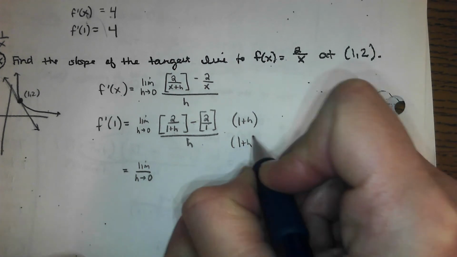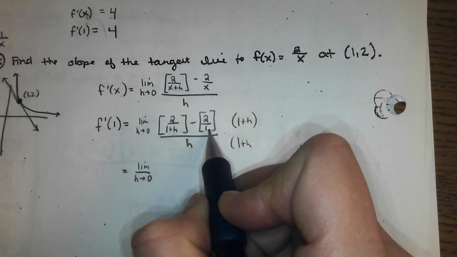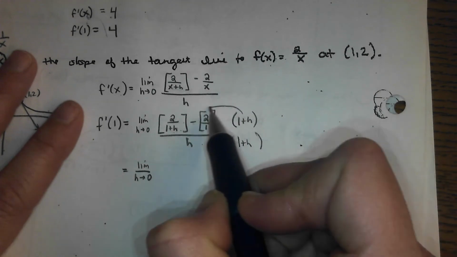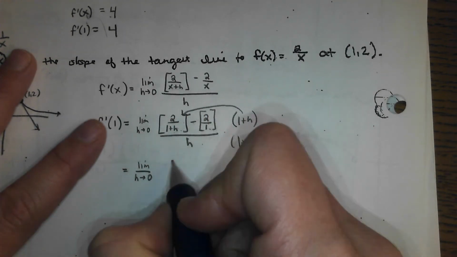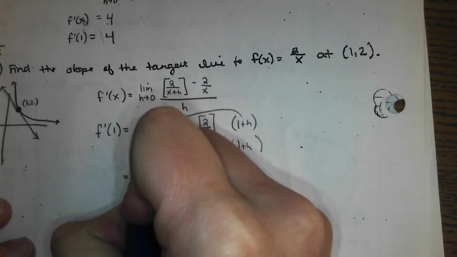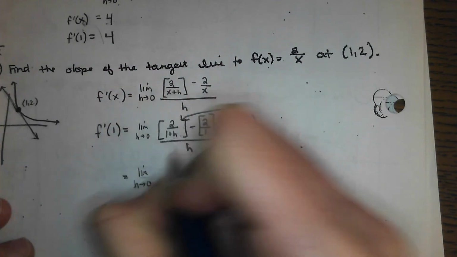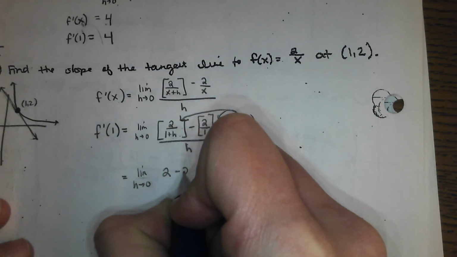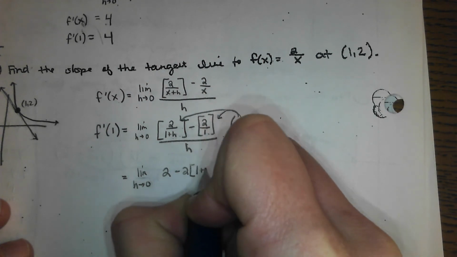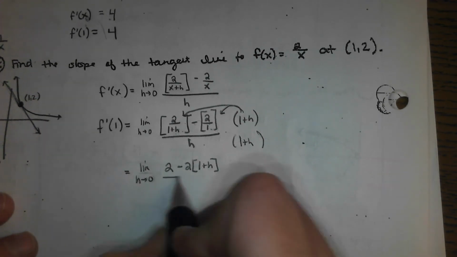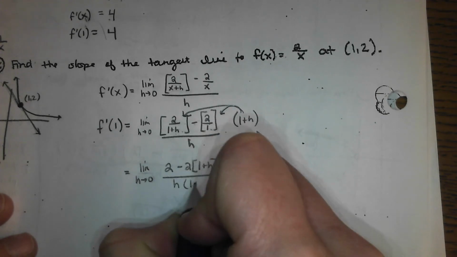So my many denominators are 1 plus h and 1. The least common denominator of those two would be 1 plus h. So when I distribute that here, I'm going to get 2. When I distribute that here, I'm going to get minus 2 times 1 plus h, which I'll get to in a minute, over h times 1 plus h